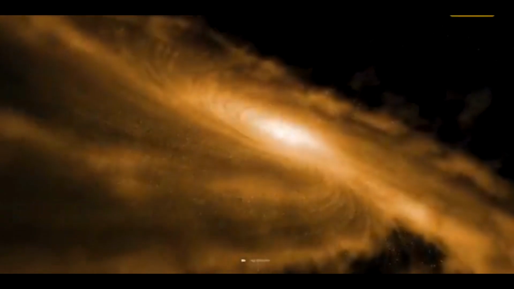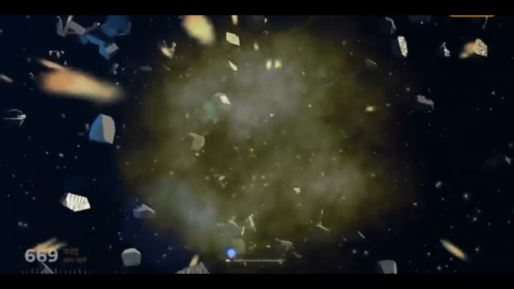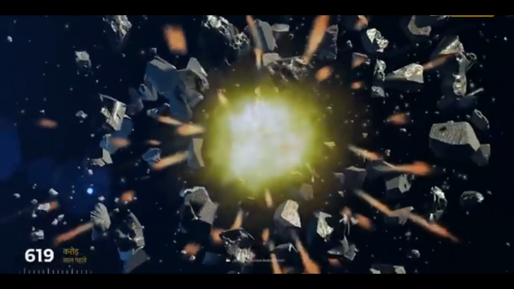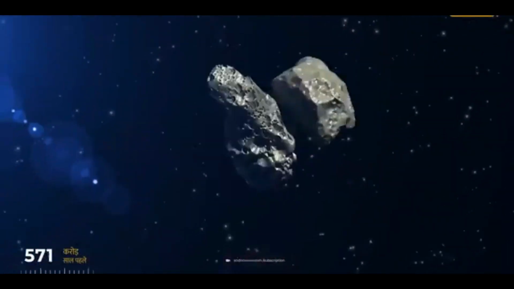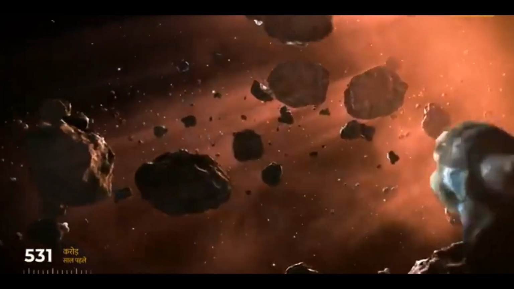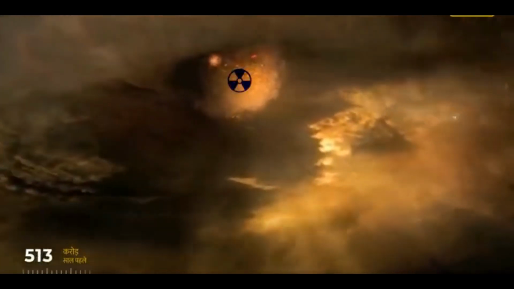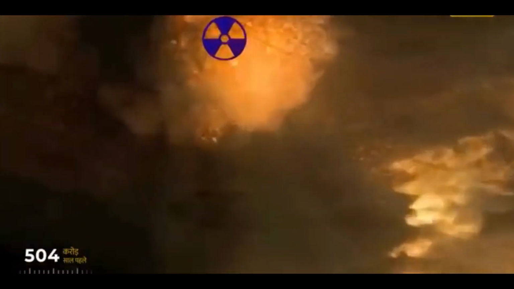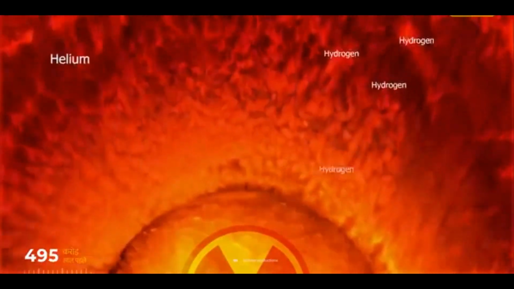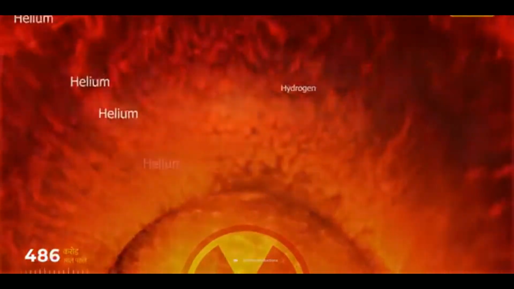Due to this gravity, hydrogen and helium started gathering in the middle. Due to this tremendous pressure in the middle, a huge explosion took place, and due to this explosion, our sun was born when the asteroids spread in space started revolving around the sun due to their heavy weight. Gradually, there was a massive collision between these asteroids, which resulted in the formation of planets like Mercury, Venus, Earth,